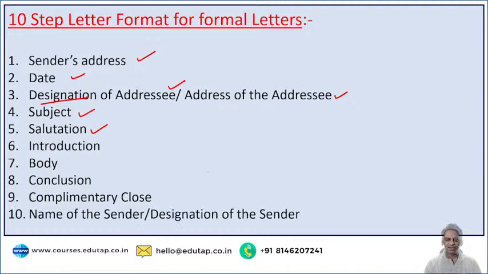And after your complimentary close, your name. The name of the writer of the letter comes at the very end of the letter. So your name, and if you are writing on behalf of a designation, then the designation. Otherwise, you can write your email address if required, or your mobile number if you feel like putting it there. And after this, guys, this is something which is not compulsory, but optional. For example, let's say you are writing a letter to the bank to issue you a new debit card, so probably without any confirmation of your identity, the bank will not issue you the card.